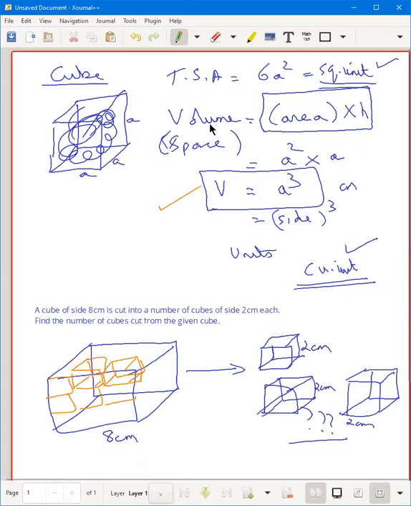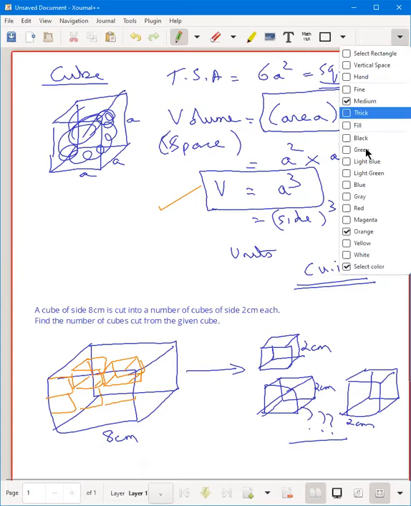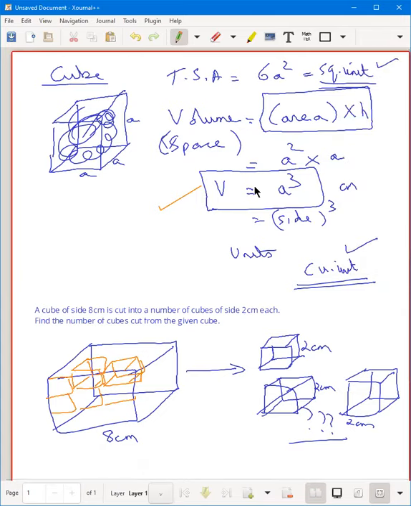Siddhant Garve, what is the question? Siddhant Garve, unmute yourself. Yes, sir. Can you tell me what is the question asking you to find out? Find the number of cubes cut from the given cube. And what have you given me the answer as? The total square surface area. So how is what the question is asking you and what you're replying related? I didn't even ask you surface area. I just gave you how many cubes are required.